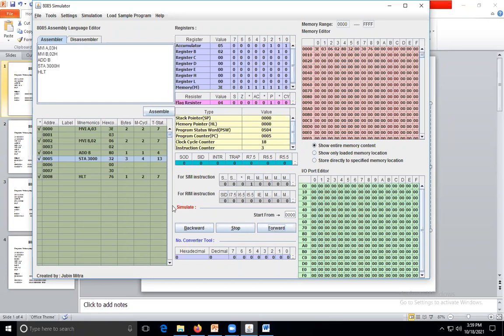Then after that you have to store it at location 3000. Where is the location 3000? You go forward, hold the program, and find 3000H.